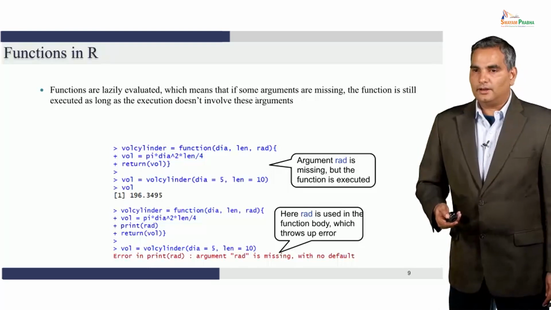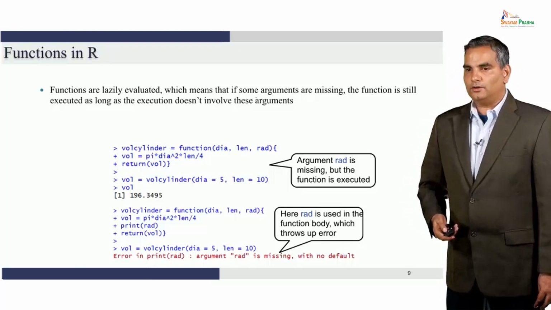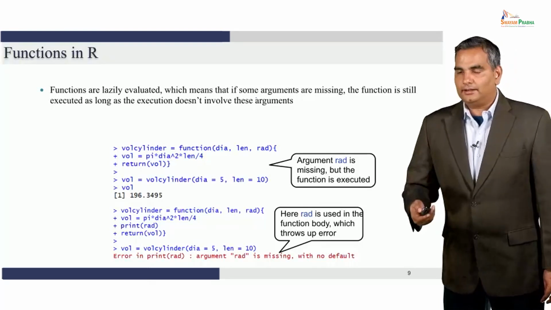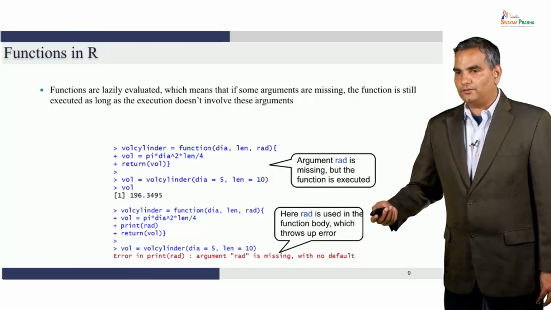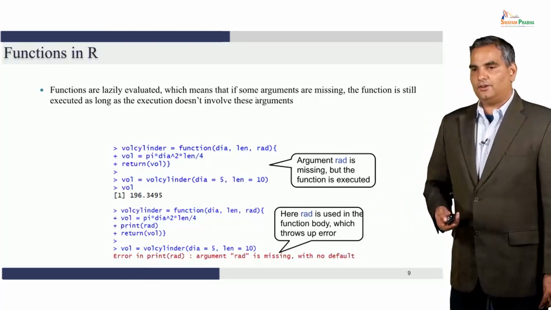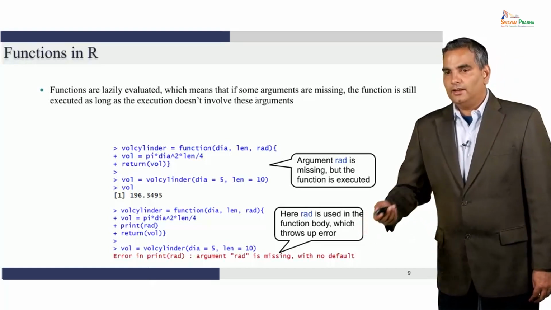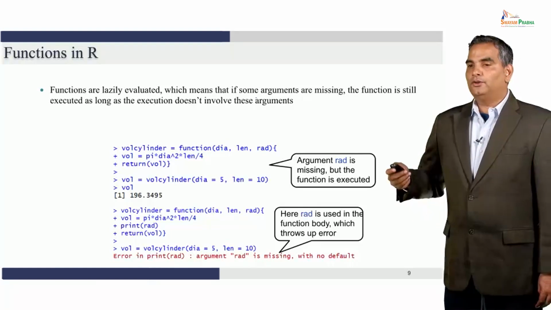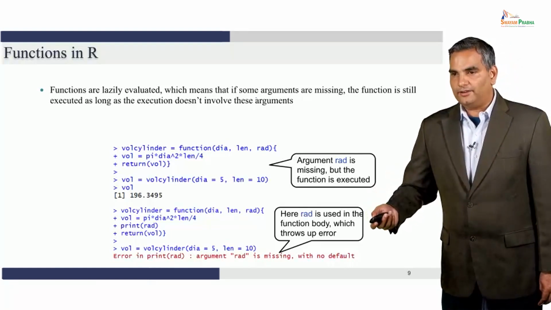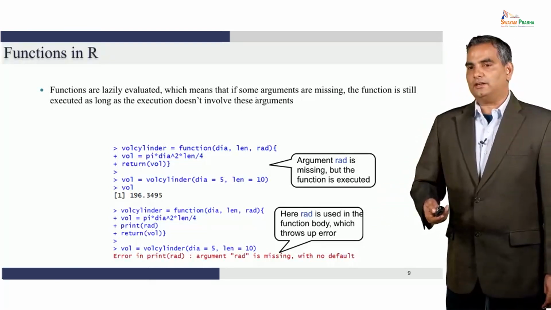Now notice inside the function, the volume only uses the diameter and length to return volume. Now you would think that whenever I invoke volume cylinder, I should invoke it with 3 arguments. But in the first case, we are invoking it with only 2 arguments, diameter is 5 and length equal to 10. I still get a result for volume which is 196.3495. Though I didn't provide any value for RAD, since that was not used within the function,